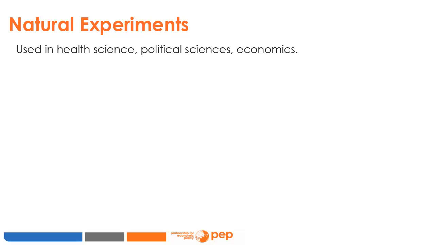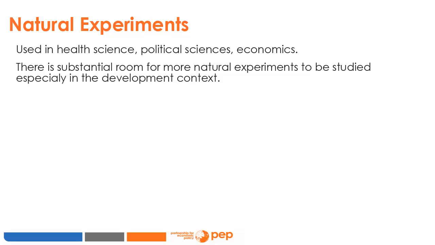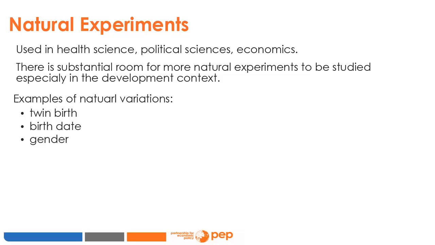Natural experiments are used in a variety of fields, including health science, political sciences, and economics. This is not to say that all natural experiments have been analysed. There is substantial room for more natural experiments to be studied, especially in the development context where economic agents are exceptionally vulnerable to naturally occurring events. Some examples of natural variations with potential to be analysed as natural experiments are twin birth, birth date, gender, and